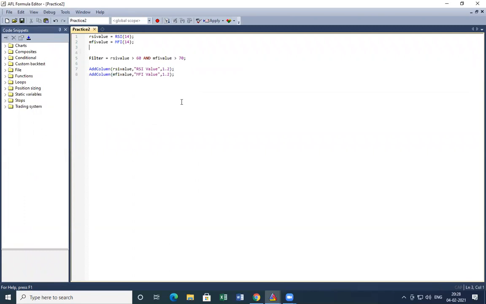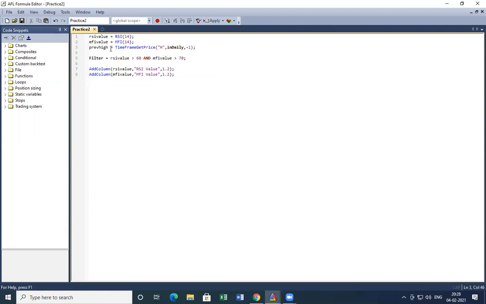I define a new variable called previous high equals to, now here I want to get the previous day high value. So I will use a function called TimeFrameGetPrice. Get price, comma, double quotes high, comma, in daily, comma, -1.